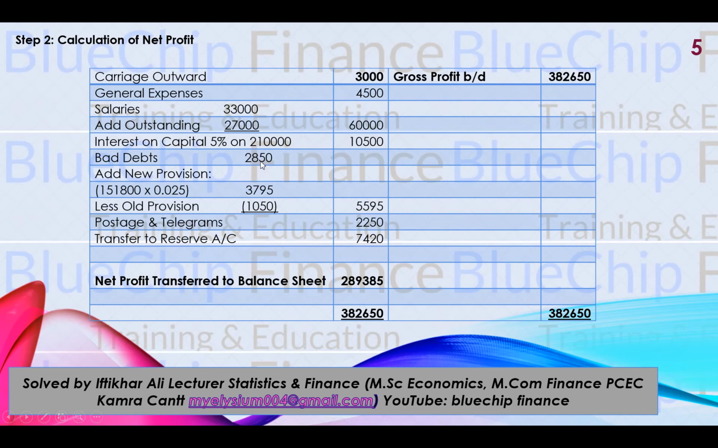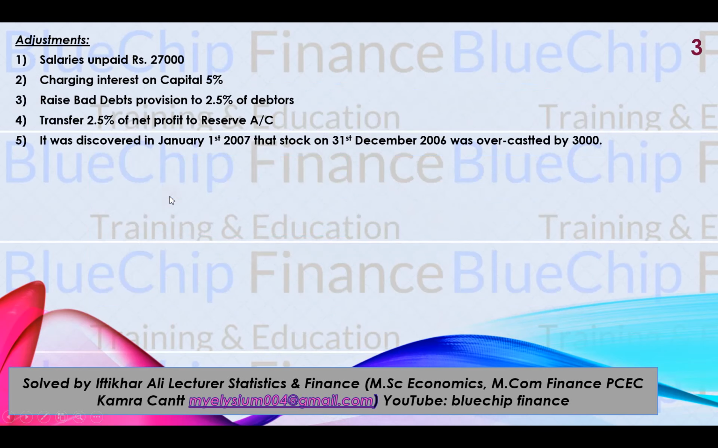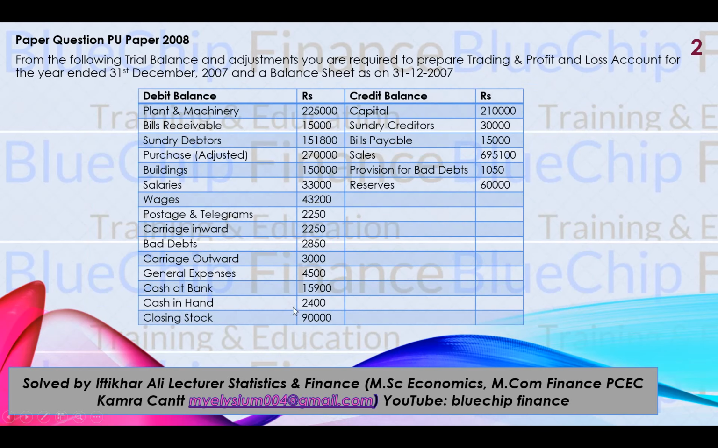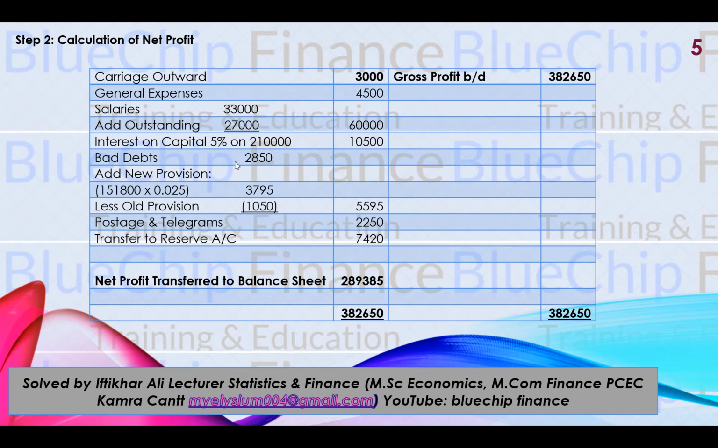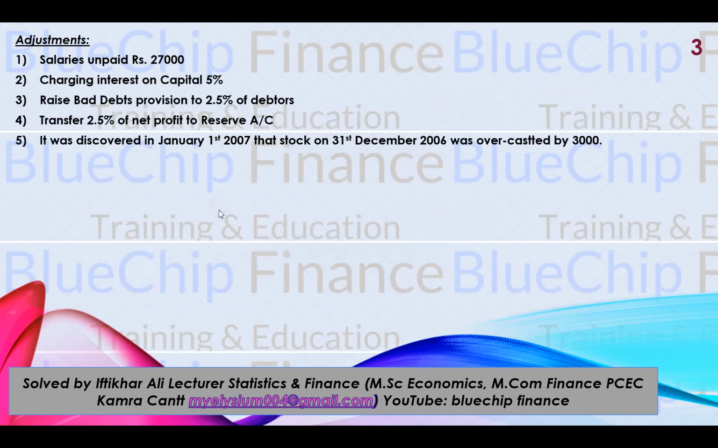After that bad debts treatment, bad debts 2850, add write off is not given in the question, add new provision 2.5% of sundry debtors, so sundry debtors 151,800, so take 2.5% of 151,800, that is 3795 and less old provision। प्रीवियस क्वेश्चन के अंदर ये गिवन नहीं थी,